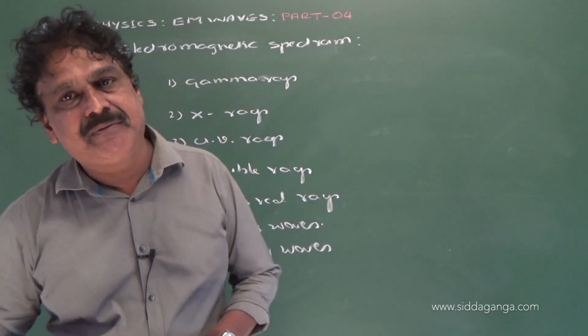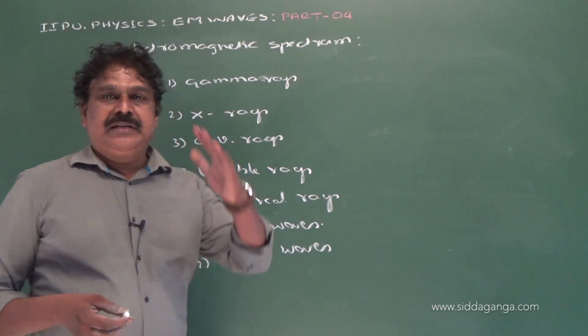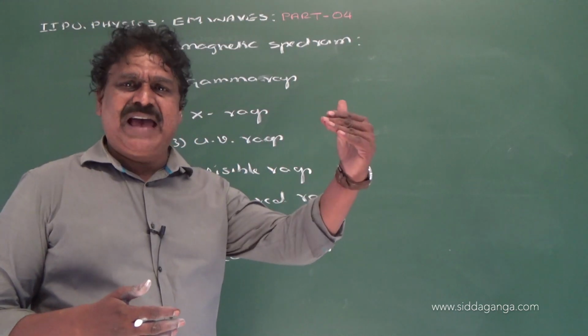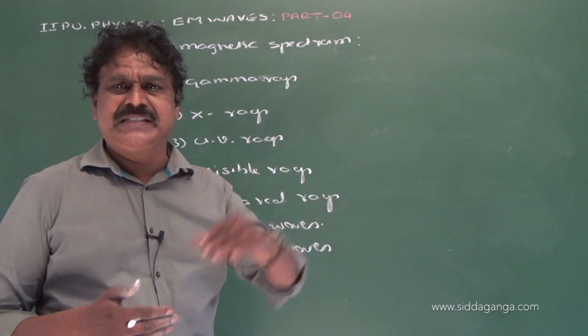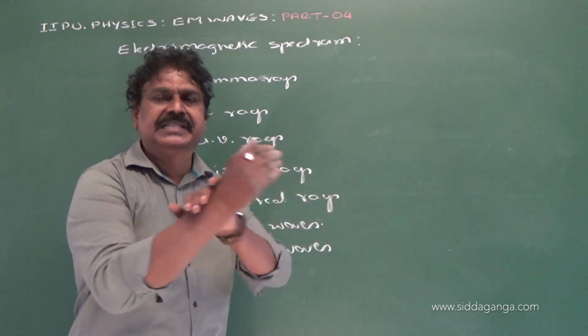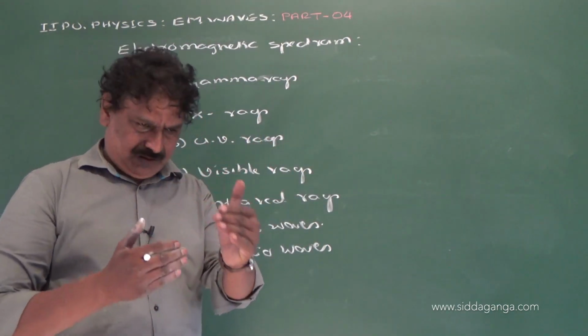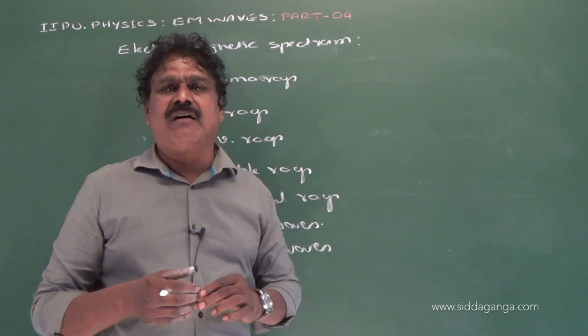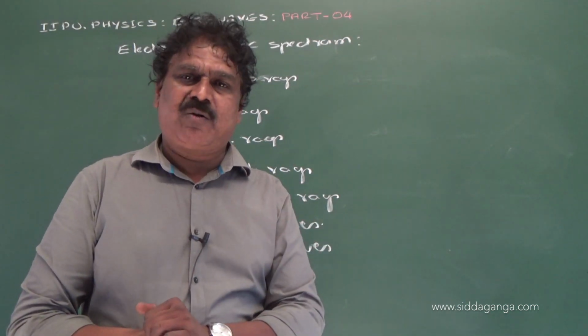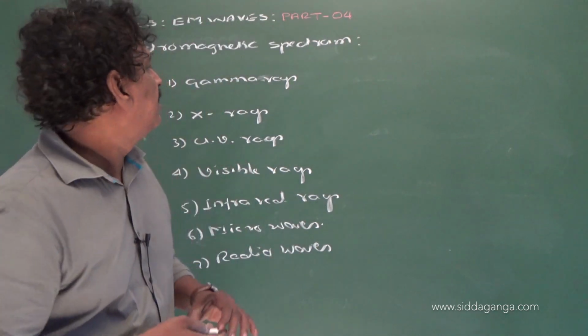In a similar way, since these electromagnetic waves have a vast wavelength and frequency range, here an ordered sequence or arrangement of wavelengths and frequencies of electromagnetic waves is called as